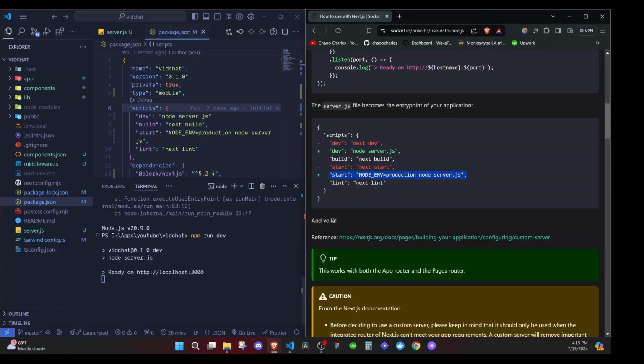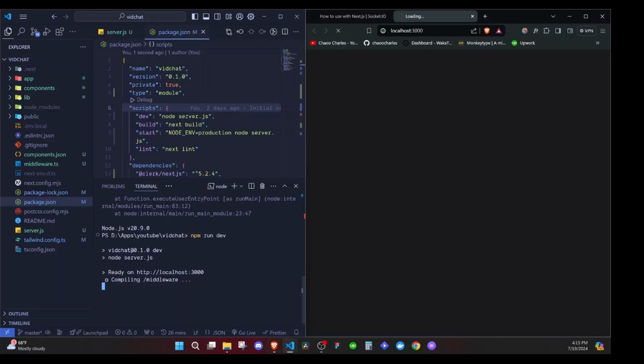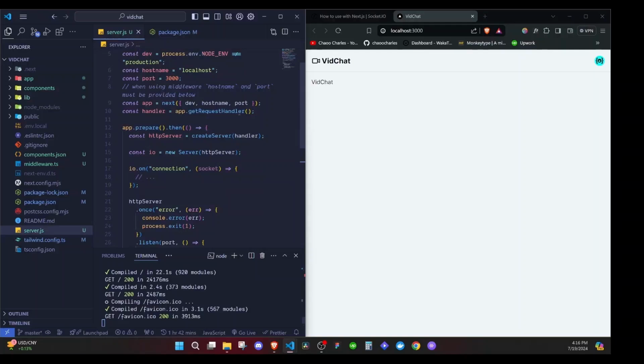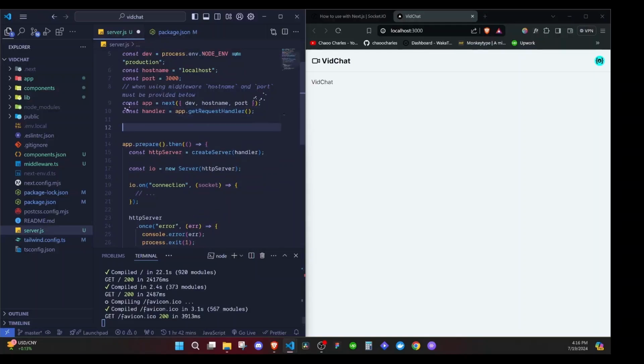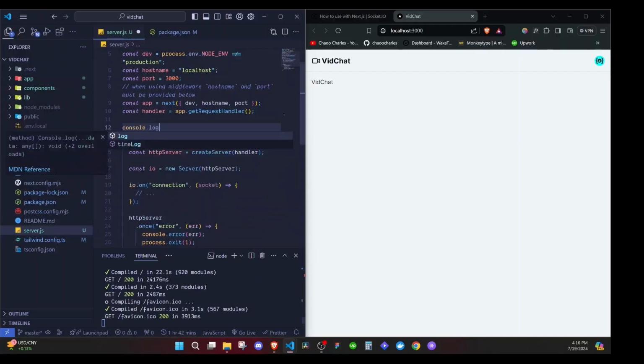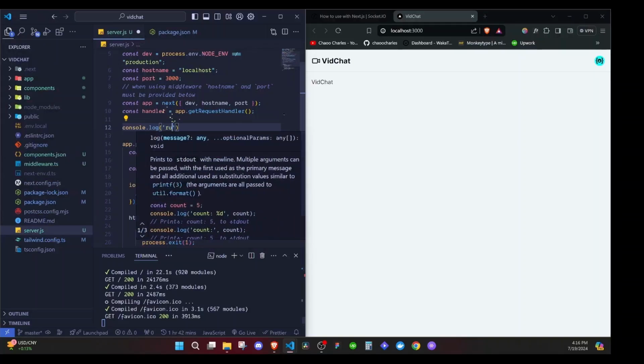And it's ready now on localhost 3000. Let's visit that link right here. It will load and compile our code, and I will give it some seconds to complete. As you can see now, our application still runs. And if we happen to log something to the console right here, so let's see if it gets logged, console.log, to make sure that this file is running. So let's say running,